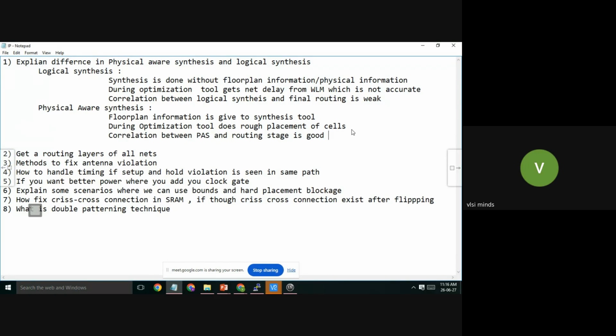But still, sometimes we use logical synthesis also. Why? Why does the tool also have the flexibility of using logical synthesis? Can you tell me why that is required?